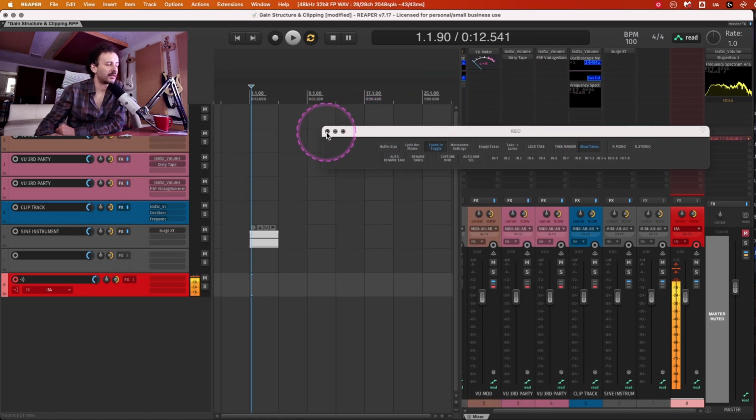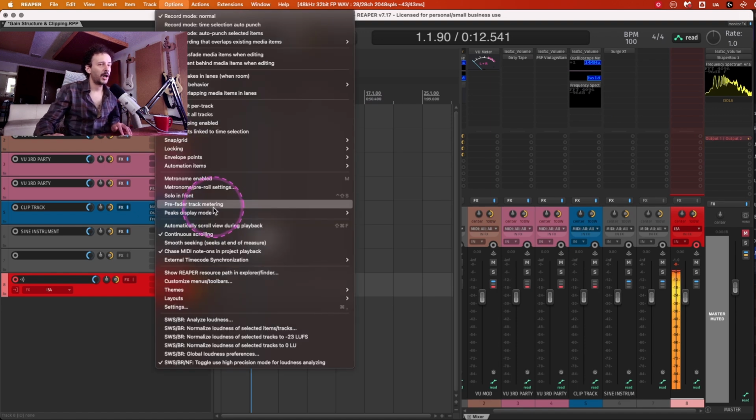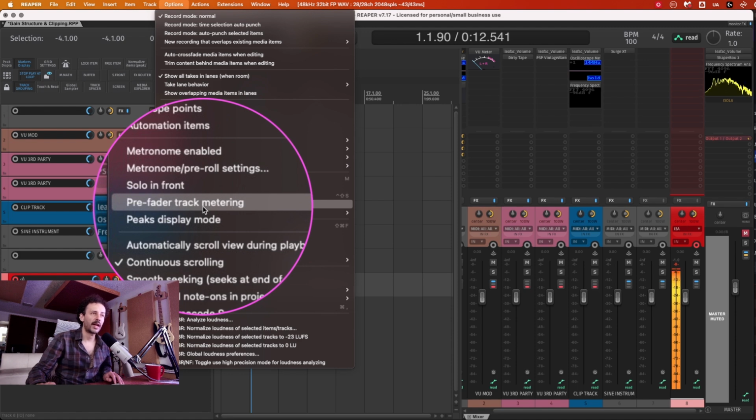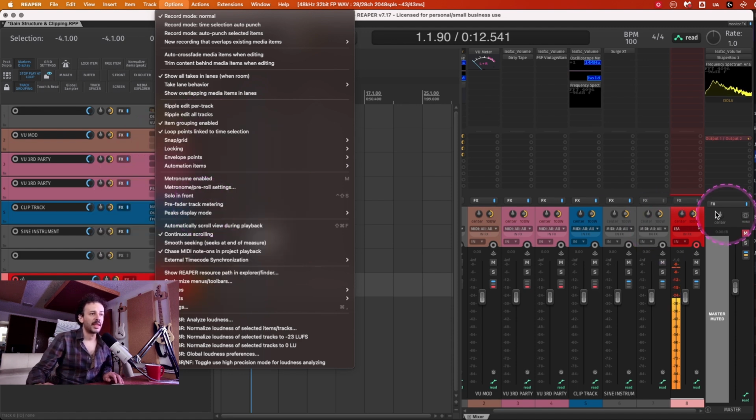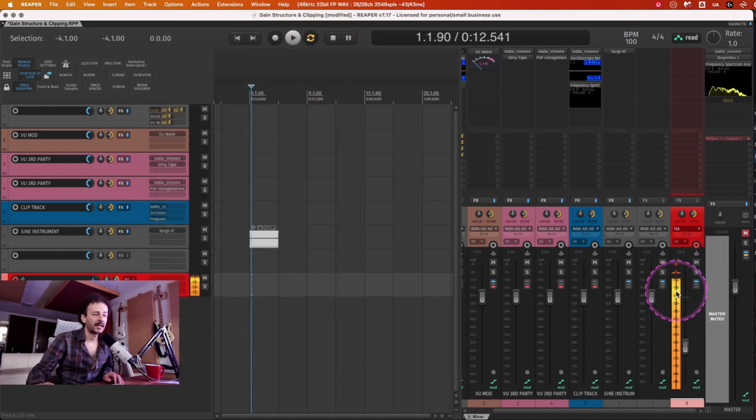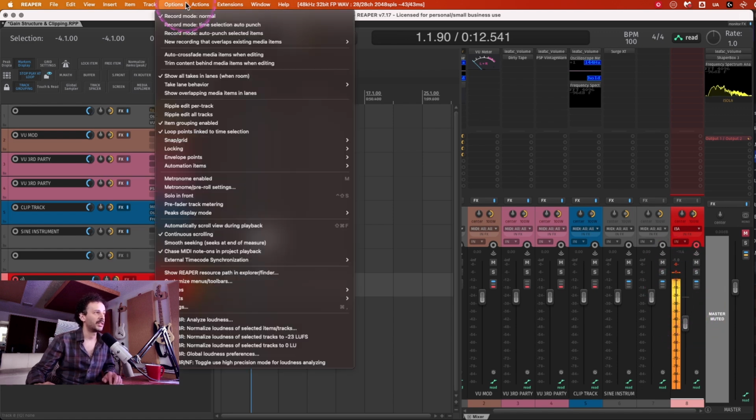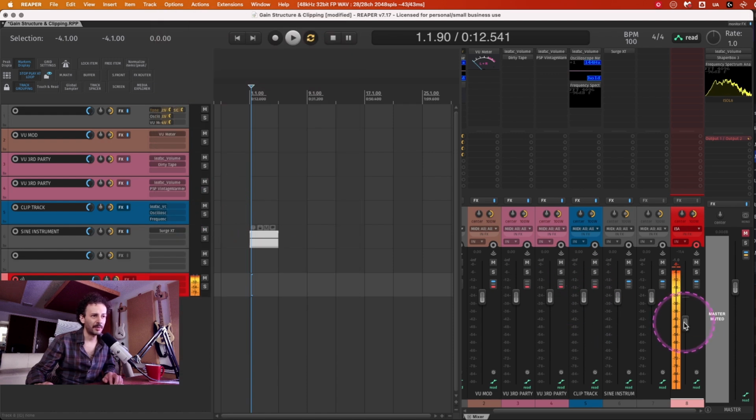Some DAWs will give you the option to look at the pre-fader track metering when you're recording. That way, if I lower this fader, I can still see how I'm going into my DAW. I know most of the DAWs won't actually distort and won't saturate just because you're hitting 1. See, even if I push it up, it's not changing the level because this is my voice. But if I keep it down and I have this option on and I don't know it's on, what will